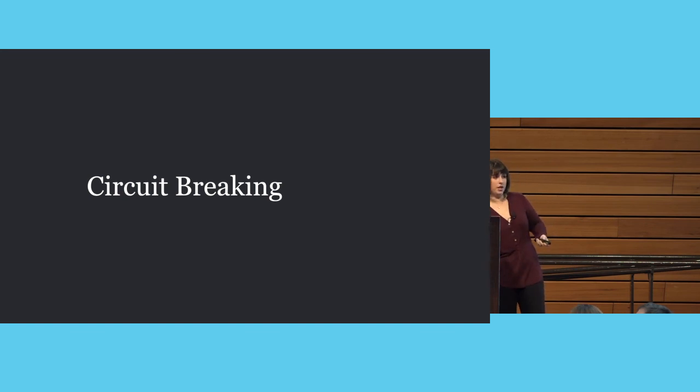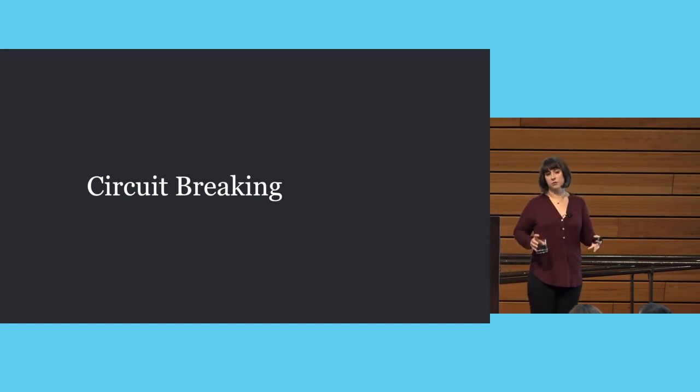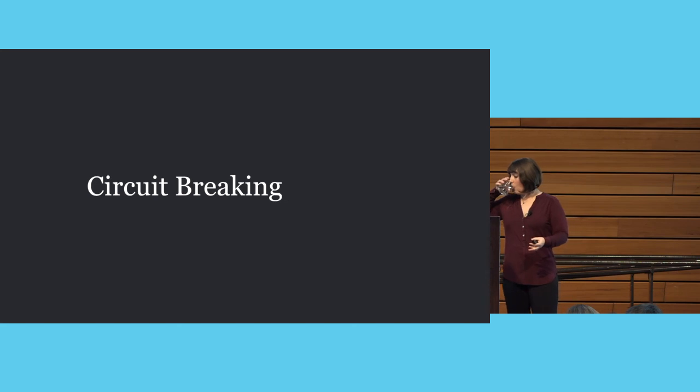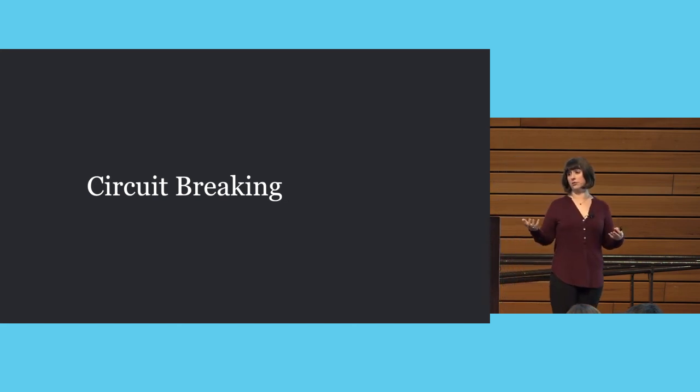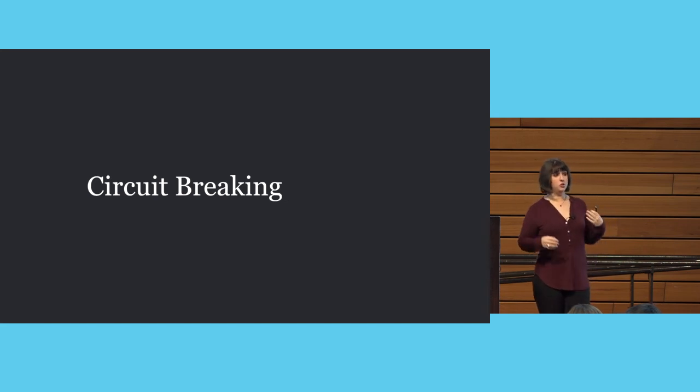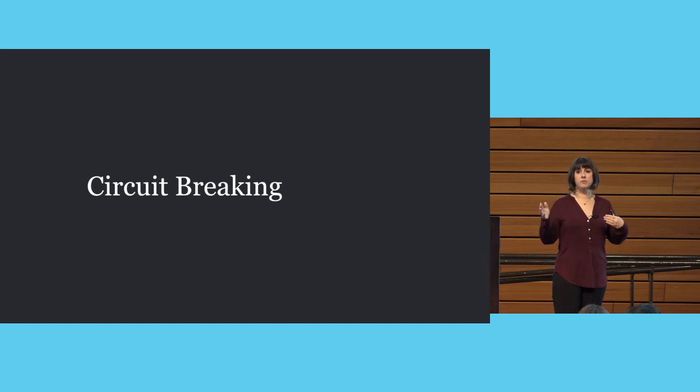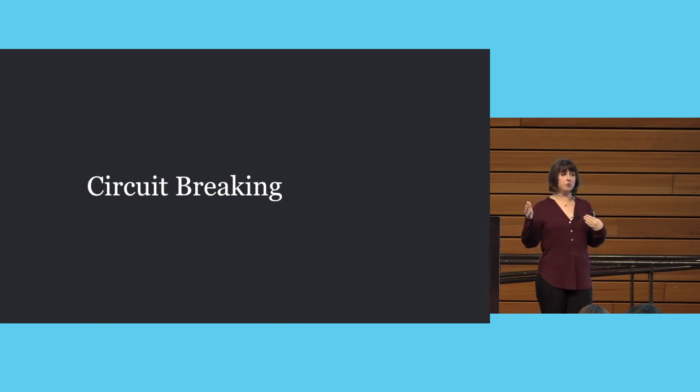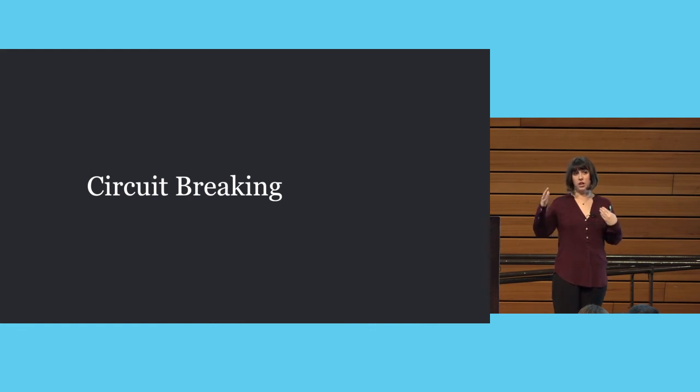Well, circuit breaking is the predominant pattern for doing this. Circuit breaking works just like a circuit breaker in your house. That's where the term came from. When a circuit is closed, traffic is flowing between 2 points. When a circuit is open, traffic is not flowing. And the reason that circuit breakers have become so popular is that a circuit is a known point. It's a known state. If a circuit is open, you understand that. Your application can reason about it. The system can reason about it.